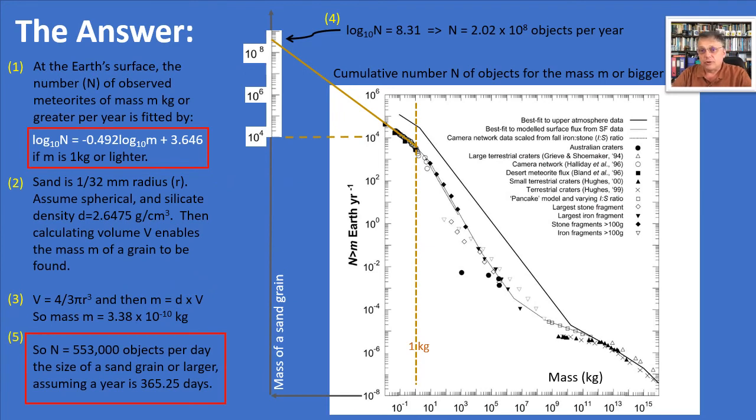Now, one of the results is shown on this slide, which shows a graph on the right hand side, and indicated along the bottom on the x-axis is the mass of the object coming in from space, the meteoroid. And it ranges on the right hand side from about 10 to the 15, 10 to the 16 kilograms. So in other words, that's 1 followed by 15 or 16 zeros, which would be absolutely huge. Way over on the left hand side, getting on for just a few grams only. And the y-axis, the vertical axis shown there, is the number of meteors of that size or larger. So in other words, it's a cumulative number of objects shown on that